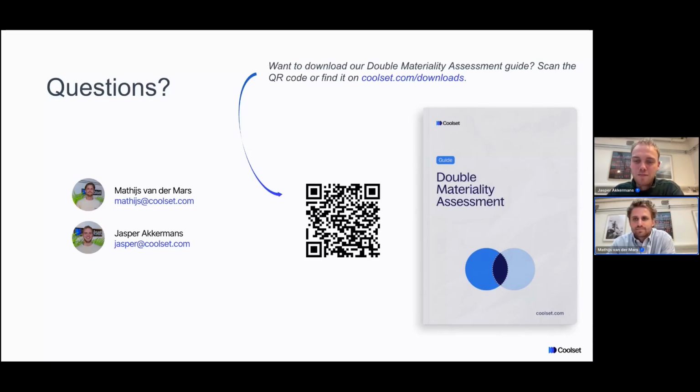Question from Brecken. Are the examples shared available in a centralized place, or where can we access these? If it's the examples from the sustainability reports, you can find them all online. So you have the Orsted, the H+H, and the Scan Global Logistics. But also, if you want, you can send me an email at jasper@coolset.com, and I'll send you some more examples, also maybe some internal examples, and I'll answer all of your questions.